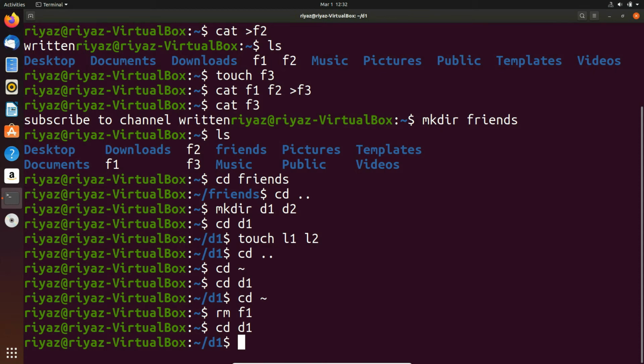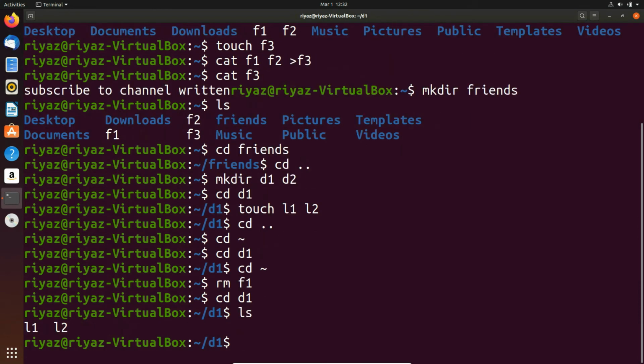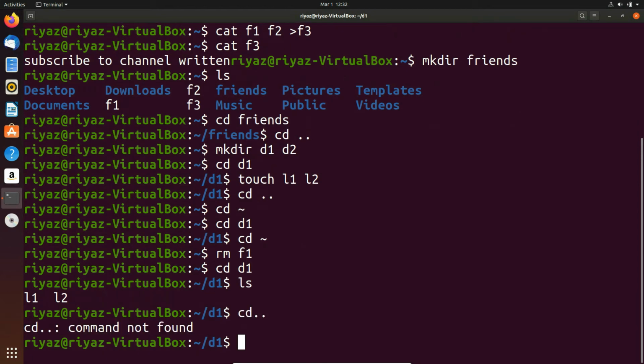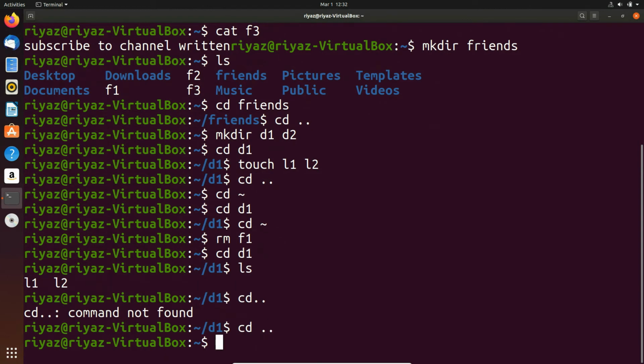So we have two files inside this, right? F1 and F2. So we have already used that rm F1 F2. Okay, just move back. I just want to show you one more thing. Now we have deleted a file. Now I'm going to delete a directory by using